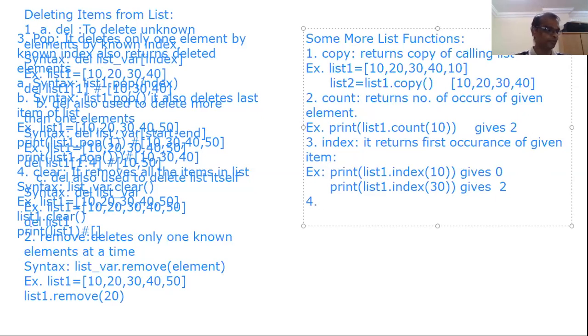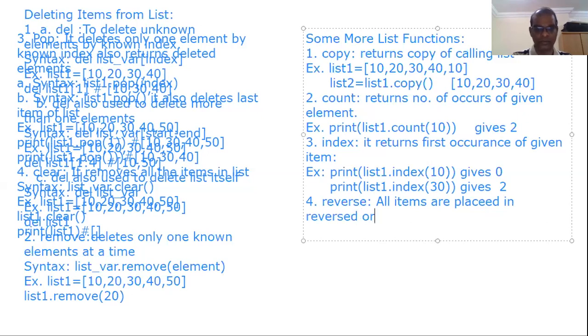Now fourth one, reverse. It reverses all the elements. All items are placed in opposite order, reverse order.